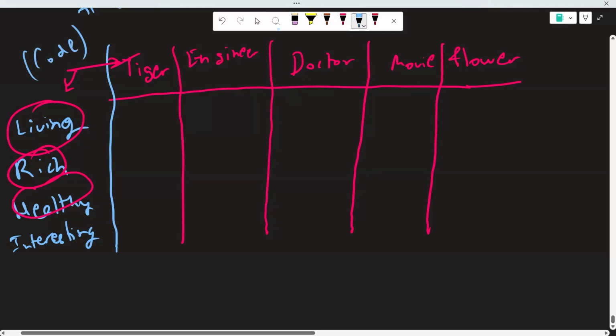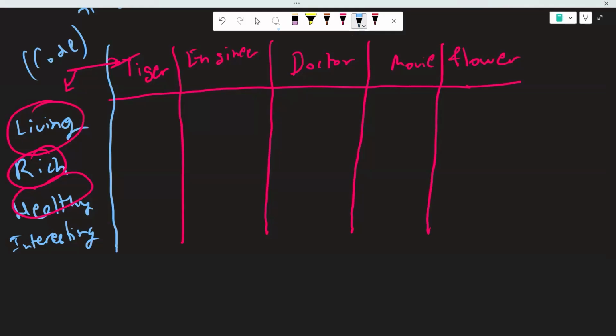But for now, assume this is an example. This is the kind of words that you have in columns, and this is what you have in rows. The main logic of what Word2Vec says is you try to understand the meaning, right? Because Word2Vec already understands the meaning of living and the meaning of tiger, and based on that, it will try to give a score, a similarity score between living and tiger based on their meaning.